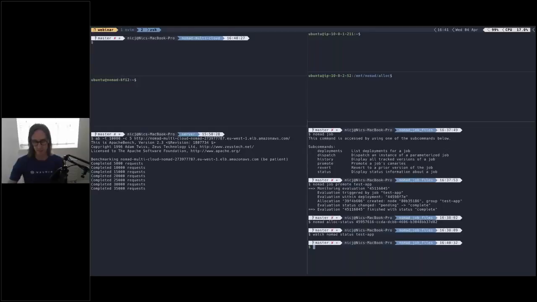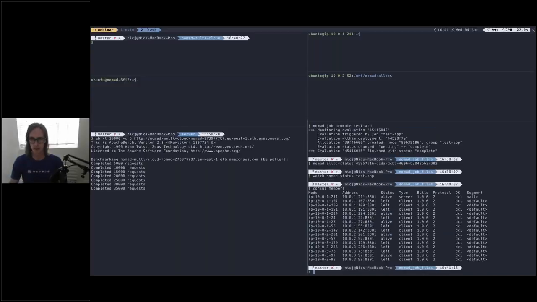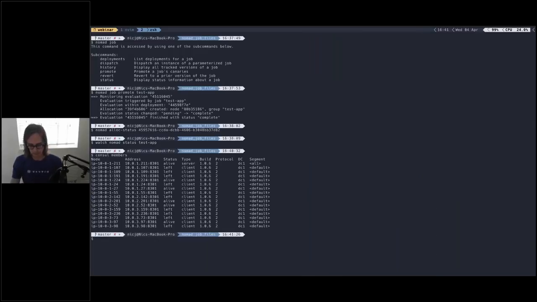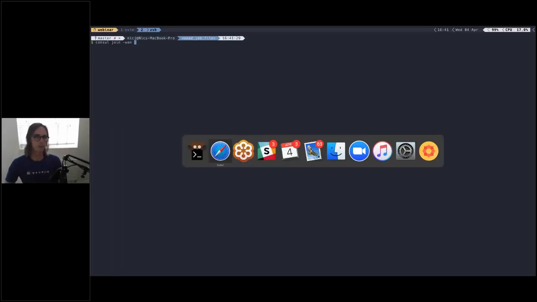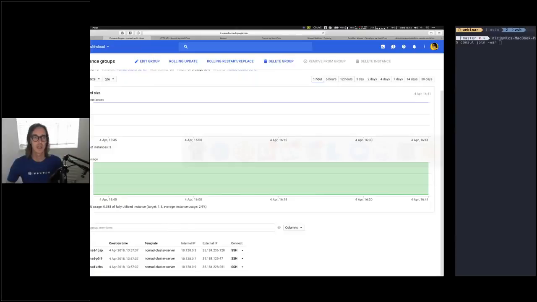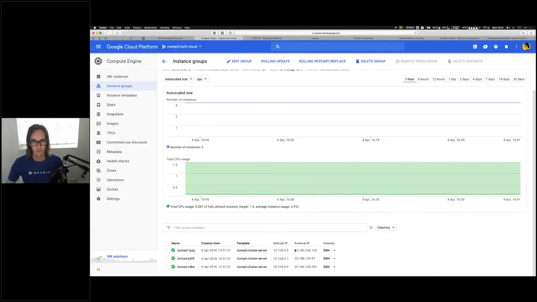So to do that, it's really, really simple. So let's just have a look at my existing console. And you can see I've got a bunch of members there, which I've been playing around with today, so I haven't cleared that out. But what I need to do to federate the cluster is two commands. Now I'm going to show you these on the command line. You would most likely do this through Terraform, but all I need to do is console join WAN, and I need to give it an IP address of